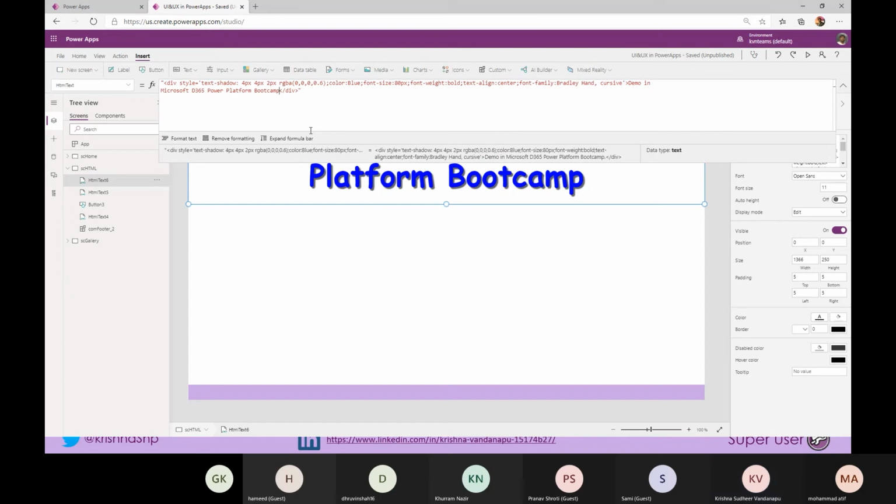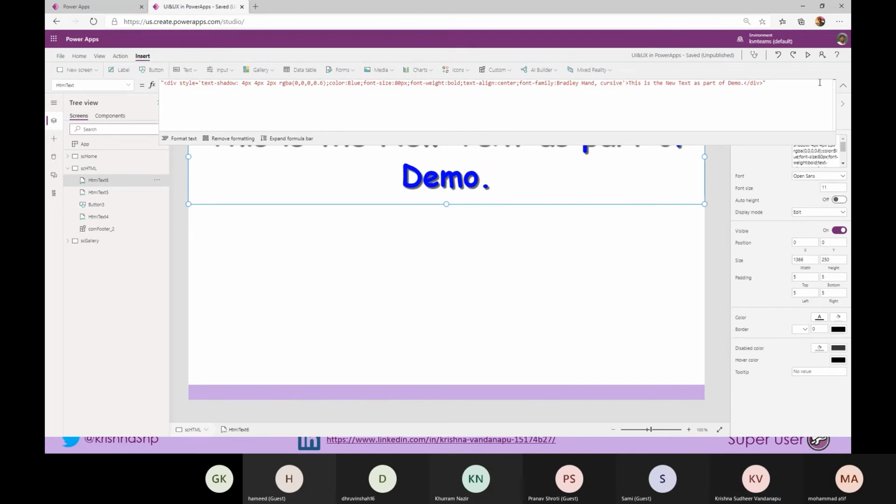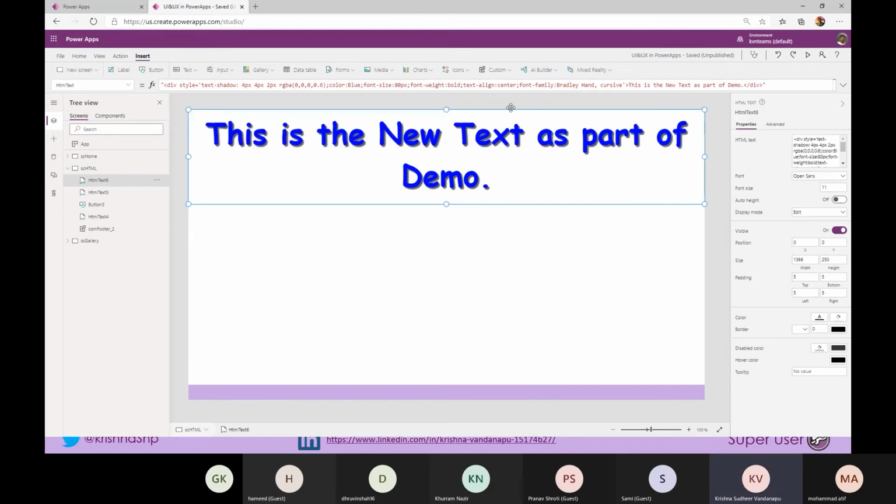And if I wanted to change the text, the beauty is I can control the data and the font, everything in just 2 minutes.